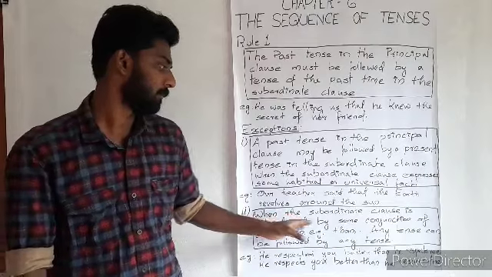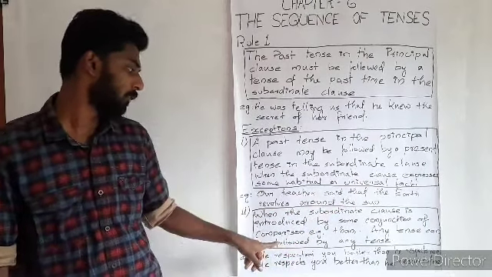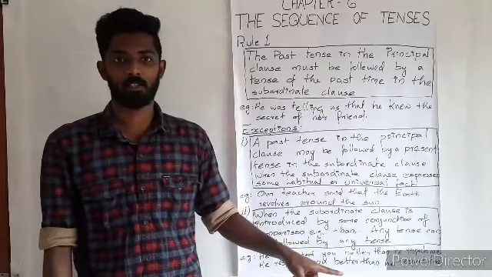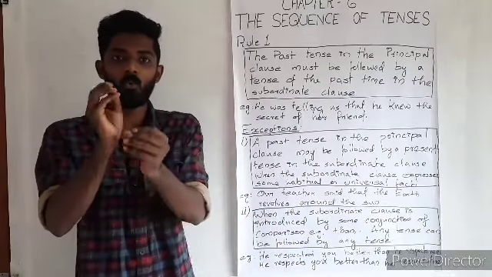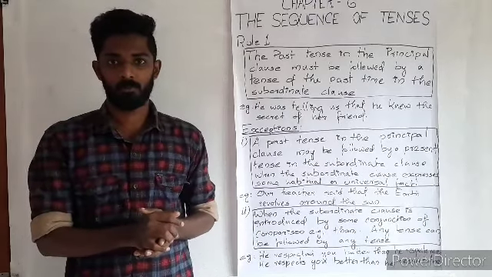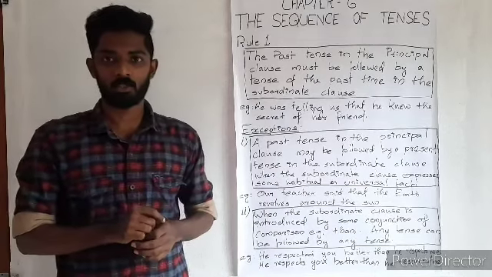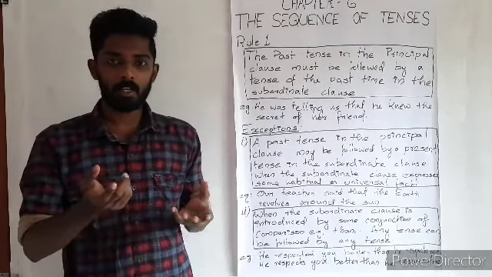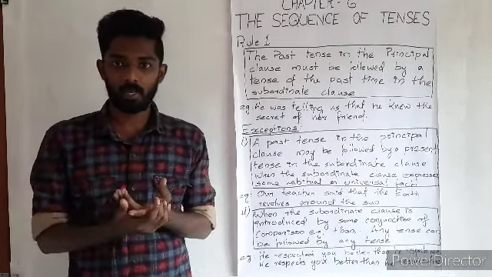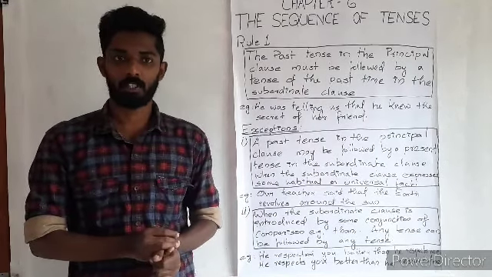For example, then, any tense can be followed by any tense. So there, rule 1, the first rule, does not apply at all, because here the word than is used. We know that it's a conjunction of comparison, that is than. So if it is used in a sentence, any tense can be used at any place. So for example, we can use